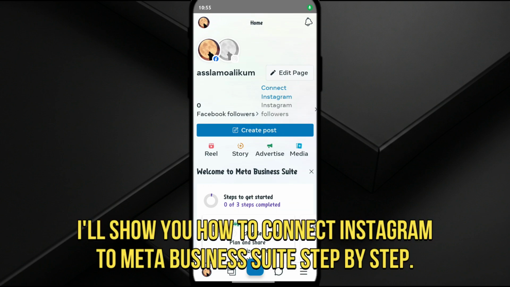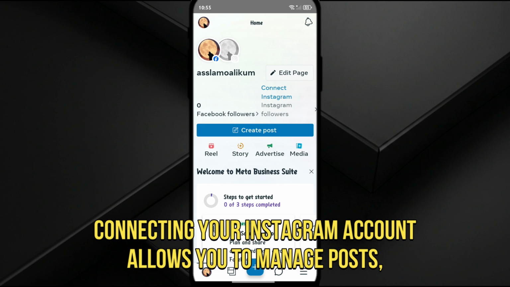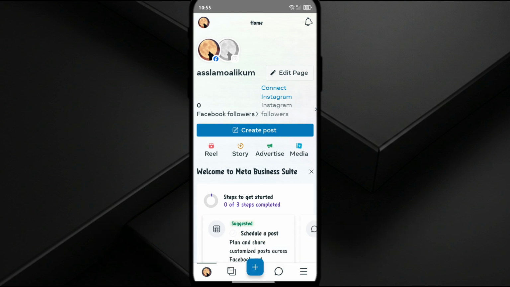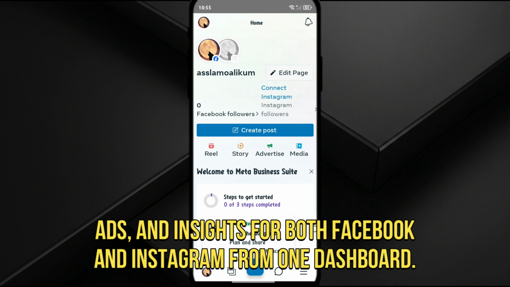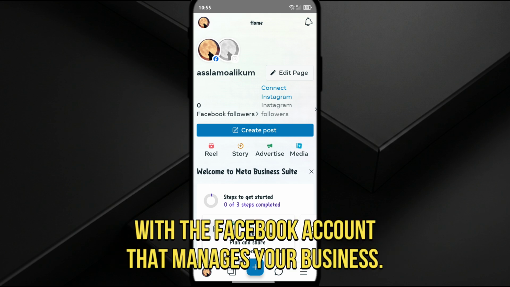In this video, I'll show you how to connect Instagram to Meta Business Suite step by step. Connecting your Instagram account allows you to manage posts, messages, ads, and insights for both Facebook and Instagram from one dashboard. First, open your web browser and sign in to Meta Business Suite with the Facebook account that manages your